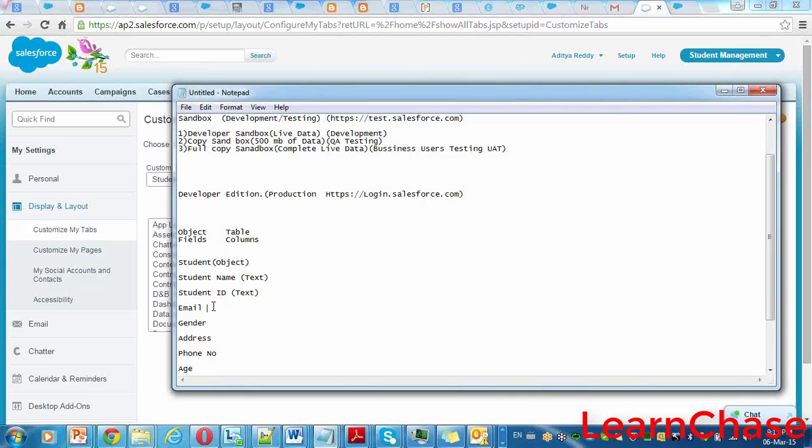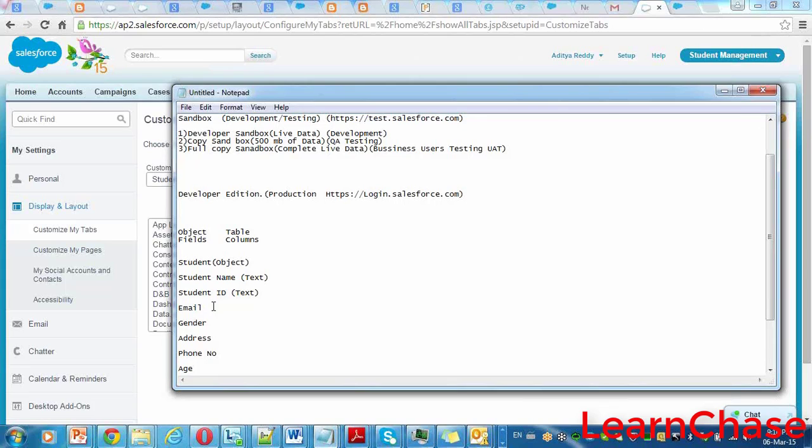Now email. It is like varchar in the database, right? For storing email, what kind of data type can we use? We can use text. So it can take anything, right? If I'm not giving a valid email address, then what will happen?